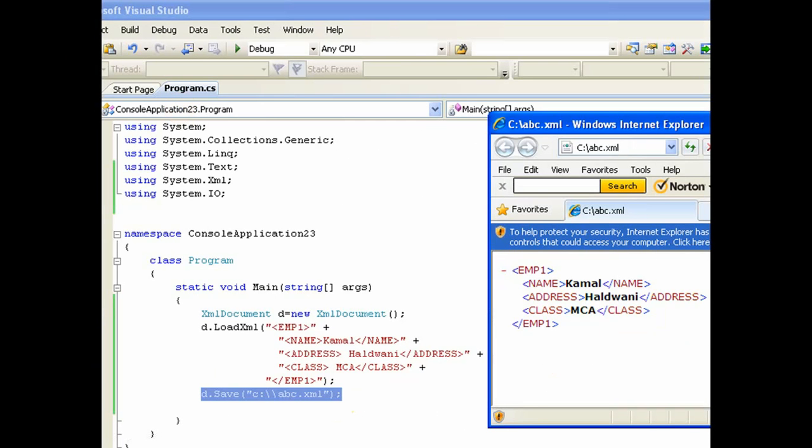तो ये load XML, this is the LoadXml function, and we have the d.Save function. So we have many functions inside this XmlDocument and other XML programming. According to the requirement of the client program software, we will use the XML. So the basic concept we have discussed about XML programming.